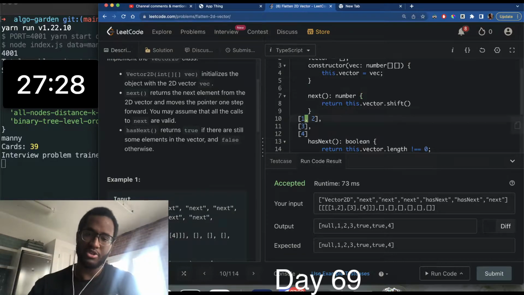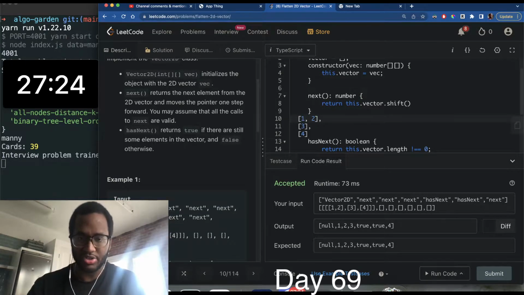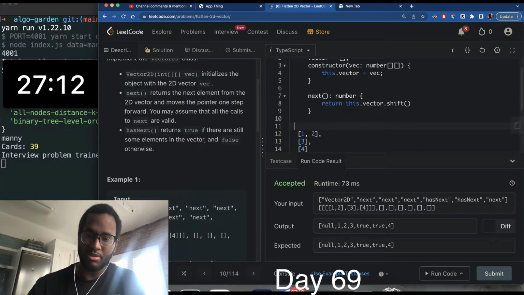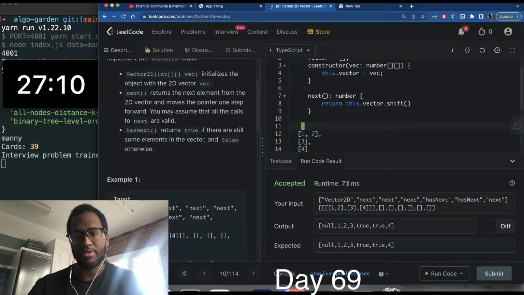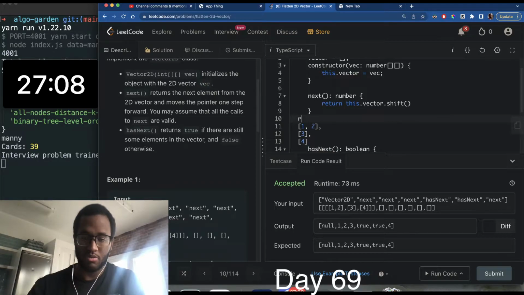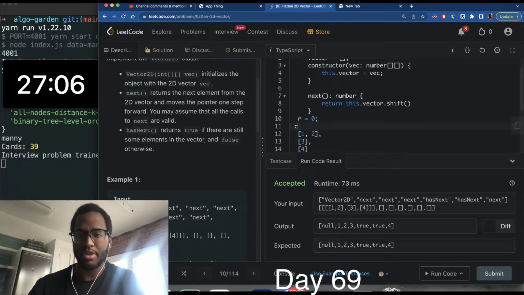In a way, we could visualize this as a selection of a subset of the matrix, where we have this box that starts at 1, 2, and once it reaches the end, drops down to 3, 4. If we do that, what if we keep an internal representation where we keep something like row, which is equal to 0 to start, and column, which is equal to 0 to start, and then whenever we do